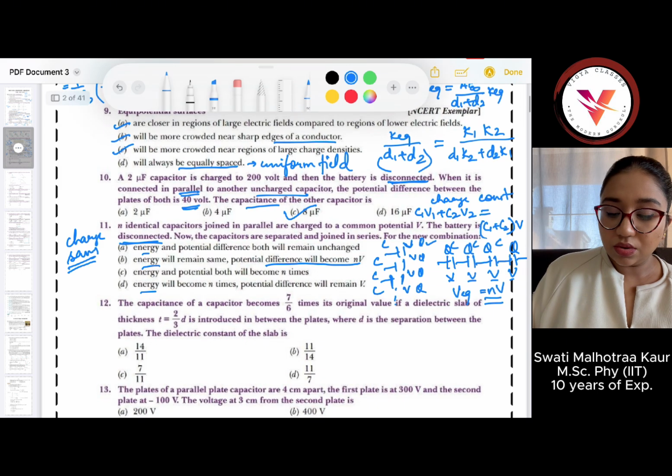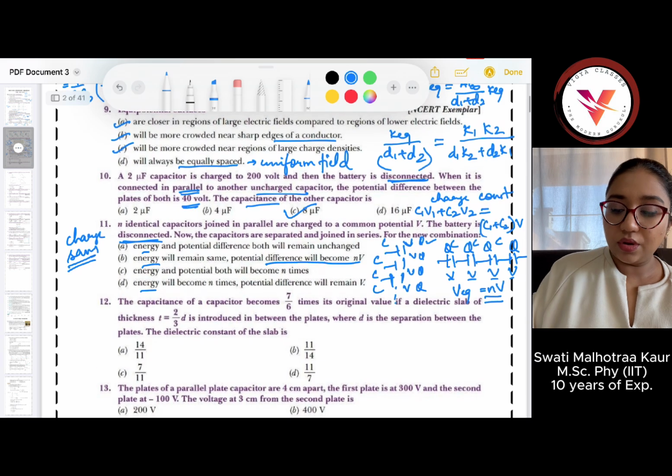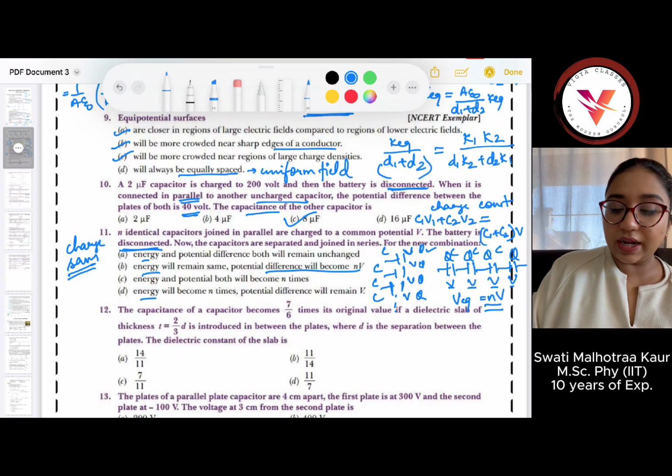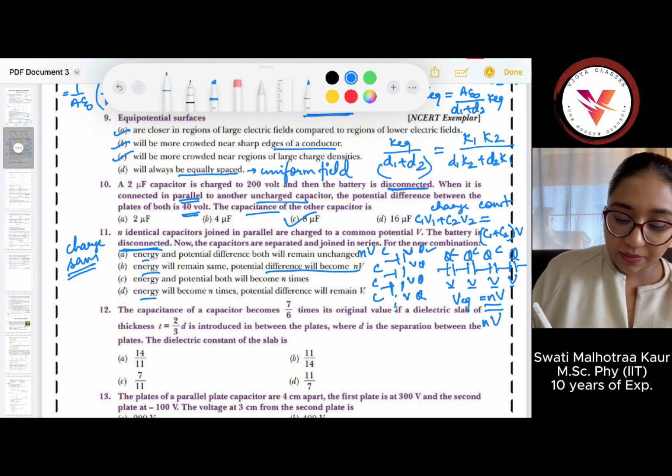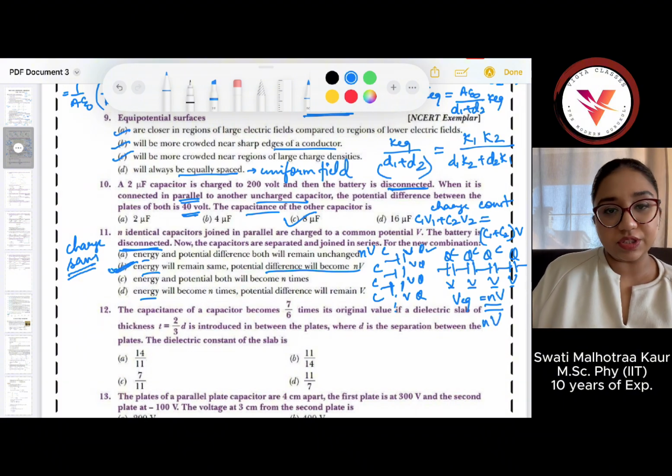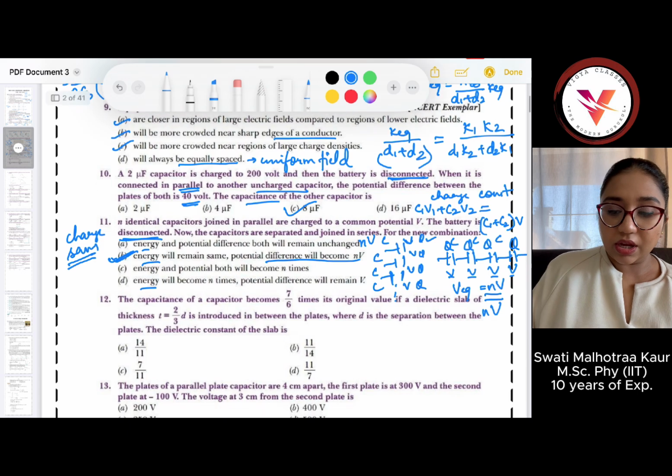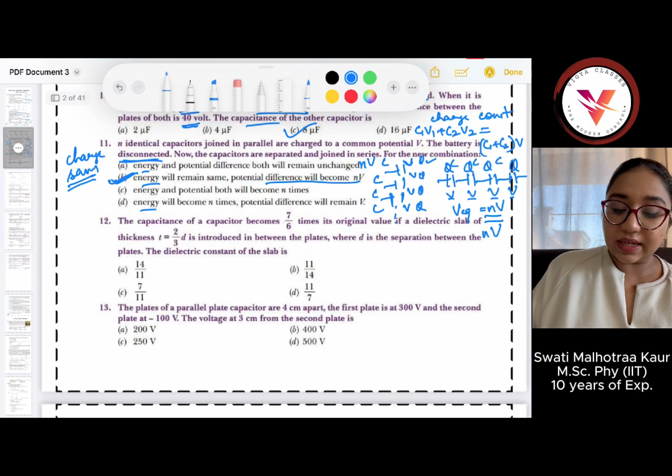if you count here, it is also n times U, and here also it's n times U. So the energy will remain the same, but the potential difference will become nV. Interesting question. Next, a capacitor's capacitance becomes 7 by 6 times its original value if a dielectric slab